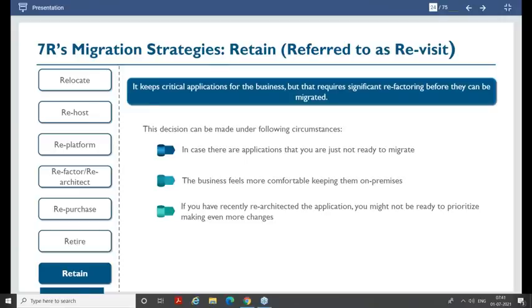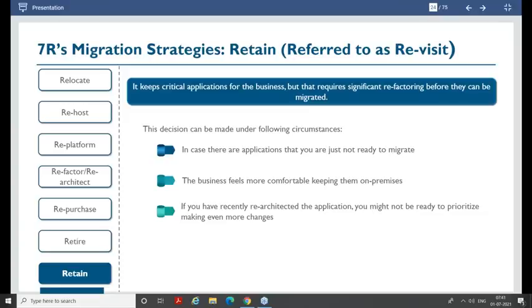Sensitive data systems like HR and other systems would not move to cloud. It purely depends, Narayana. Now, example, you have an application running on mainframe, and in cloud there is no support for mainframe. So will you be able to migrate? No, right? So those kinds of applications you can retain on premises. So it's not necessarily the sensitive application. It can be other scenarios as well.